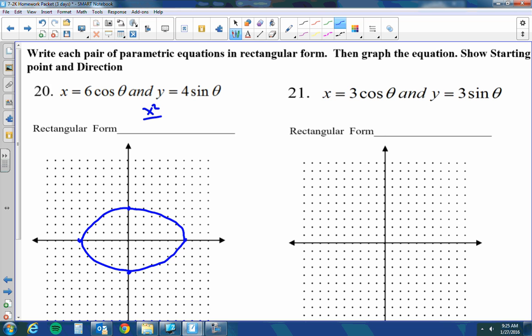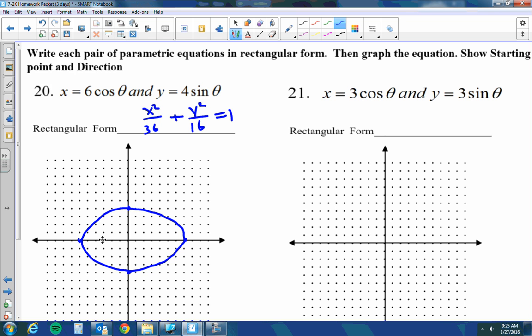That usually isn't a problem, but the center is the origin, so you just have x squared and y squared. And this goes with the x, so it still goes with the x here. It just gets squared. Of course, we call this one a because it's bigger, and this one b because it's smaller, but placement, like I said, if a is with the x here, then it's going to be with the x here when you square it. Now, as far as starting point direction,